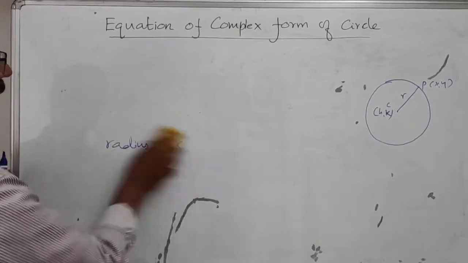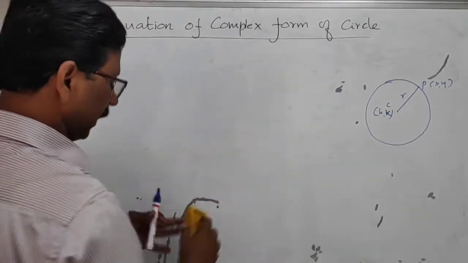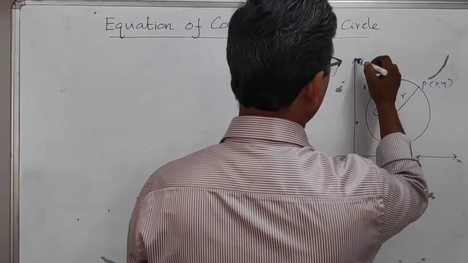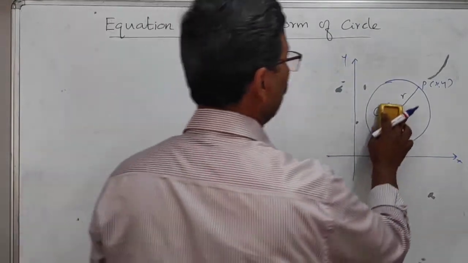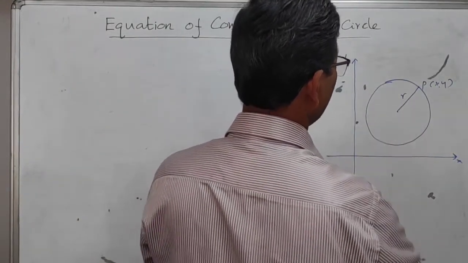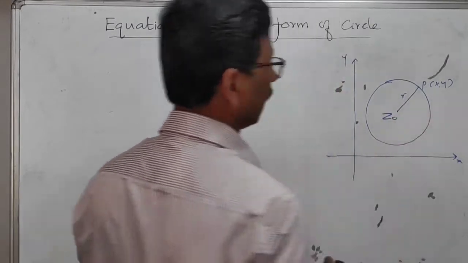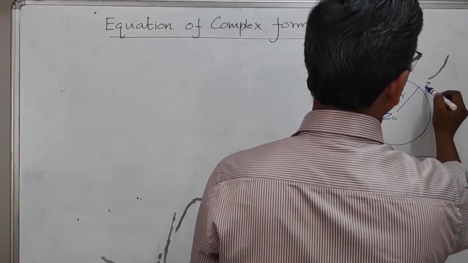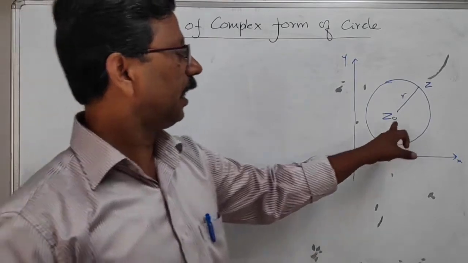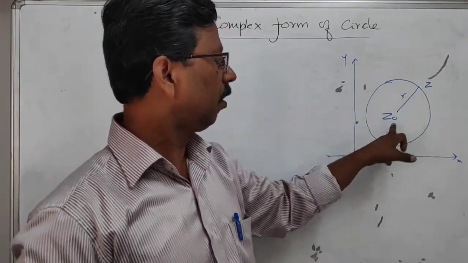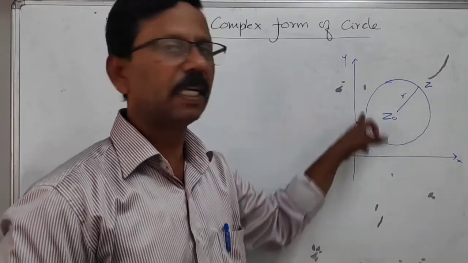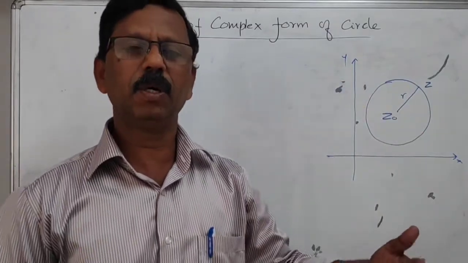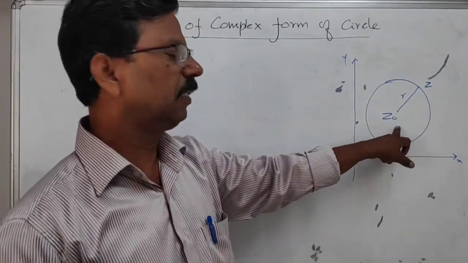Now, we are going to draw a circle in complex plane, that is Argand plane. You consider this as Argand plane. This is real axis and this is imaginary axis. Now, this center can be taken as Z0. Center can be taken as a complex number Z0, and any point on the circumference can be taken as Z. Okay, now here there are two complex numbers Z0 and Z. Z0 is the center and Z is any point on the circumference. This is a variable point whose coordinates are x comma y. That is Z is equal to x plus iy, you can say. Now Z0 is any complex number.